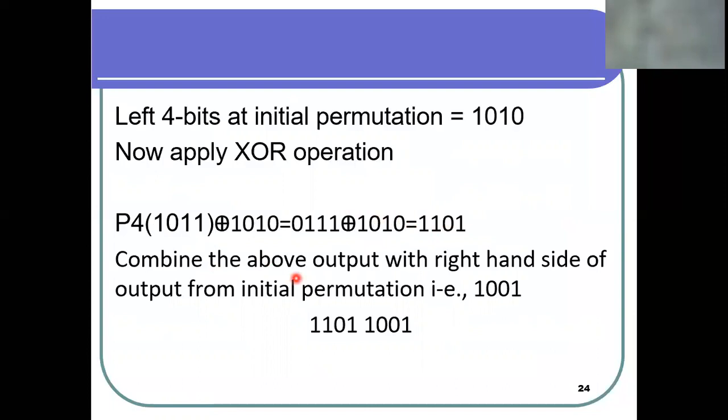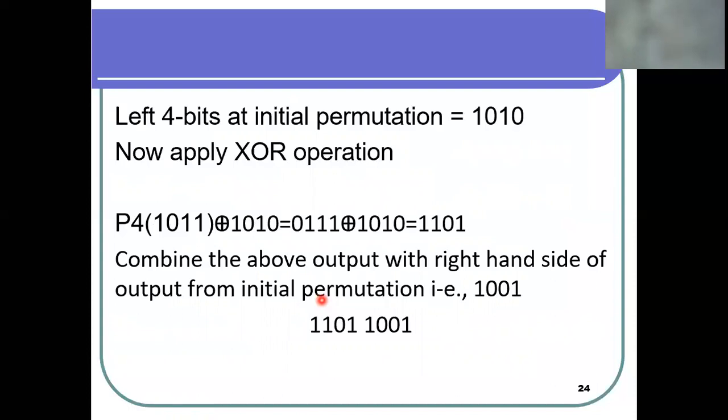So combining the above output with the right hand of the output from the initial permutation, that is 1001. So this is our calculation, and we combine this with the right hand side of the output of the initial permutation, and ultimately we get